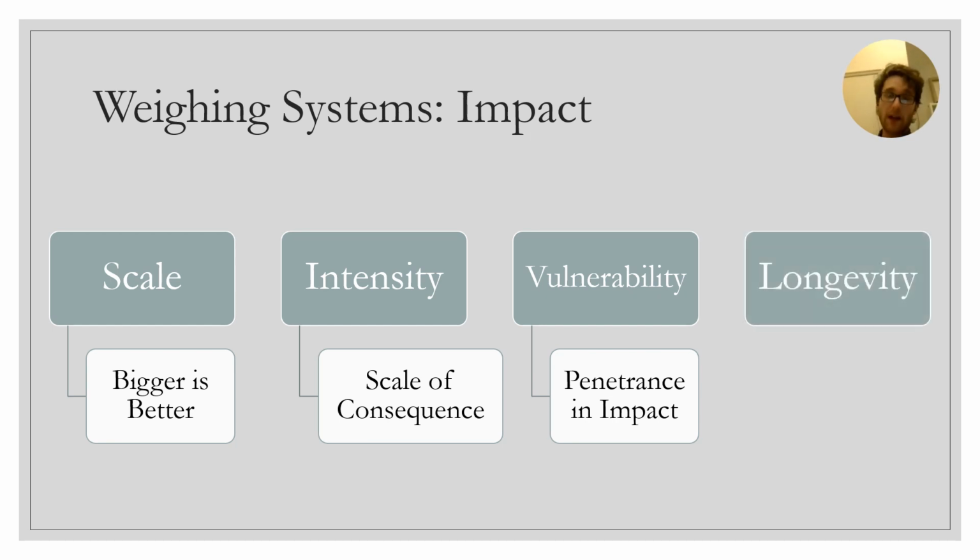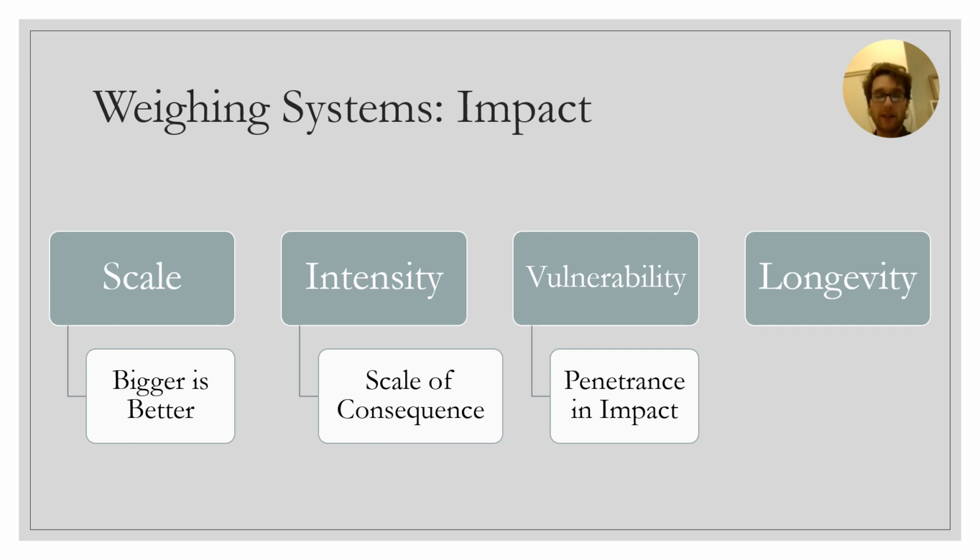Another way, and the final way of conceptualizing a piece of impact weighing, is longevity. So rather than affecting more people, or affecting a person but very much, or affecting a type of vulnerable person, it might just affect some people longer than others. So you can imagine in a debate where you have the same actor once again having different effects on both sides of the house,